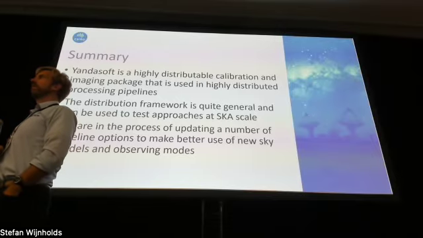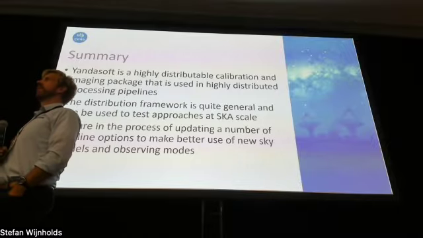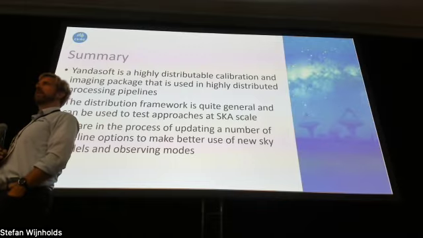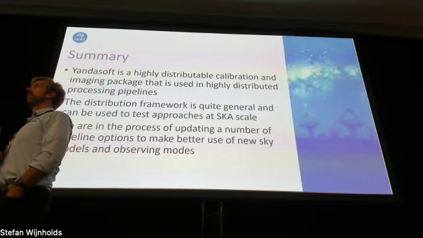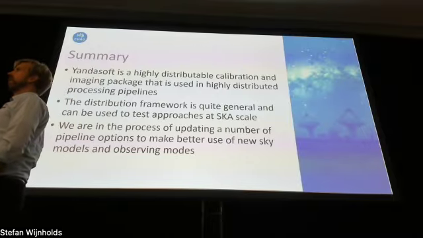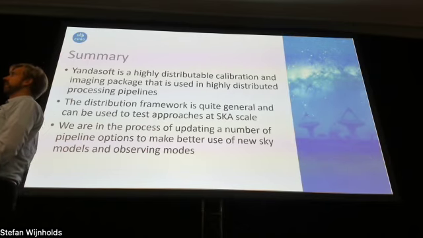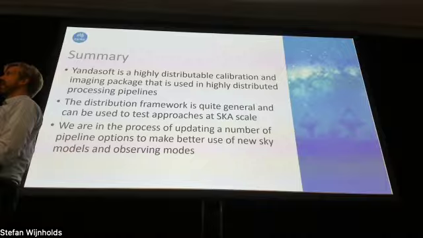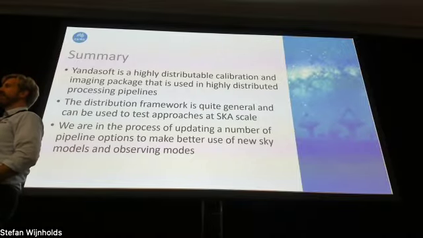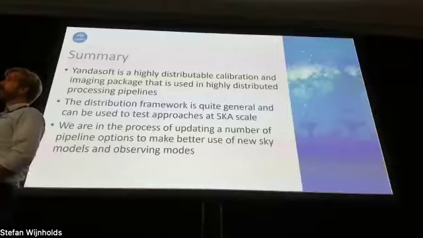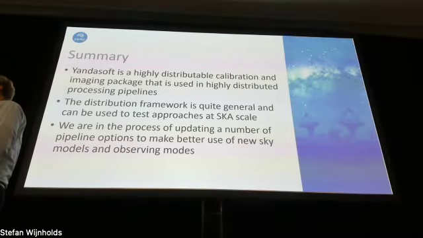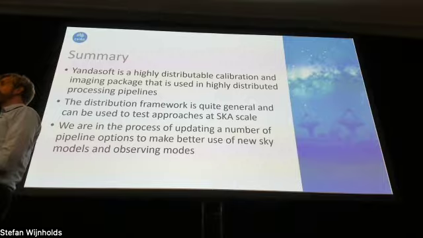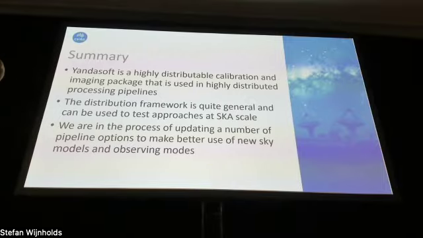I have two questions, if that's all right. Start with one. The first one was, the way you described the identification of the bright sources that need to be dealt with in potentially special ways. I know you don't mean it this way necessarily, as if you didn't know that those bright sources were there in the first place, but of course, with practice, you know where all the bright sources are in the sky. So I'm just wondering if there are plans to fold in that information, not just as a starting sky model generally, but also as a way to identify problematic sources and treat them uniquely from the beginning.